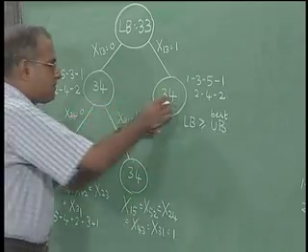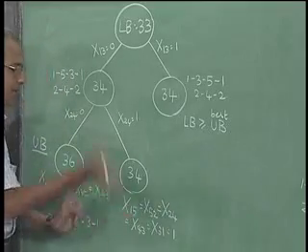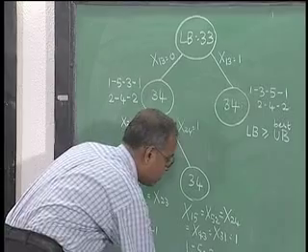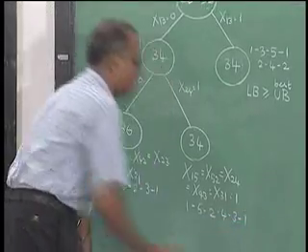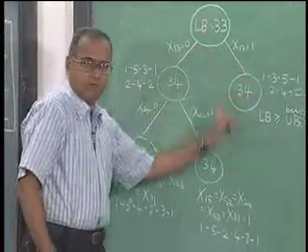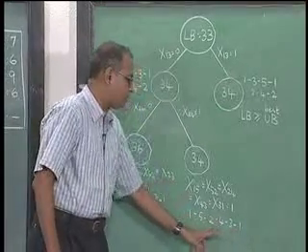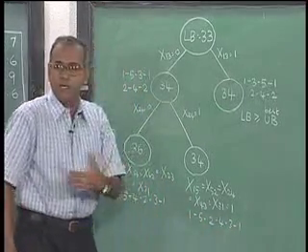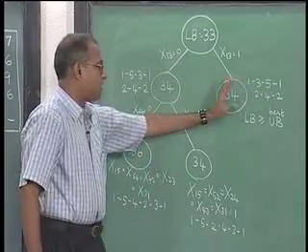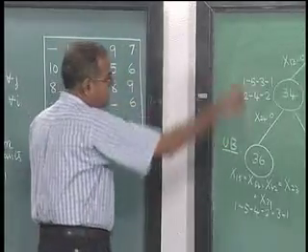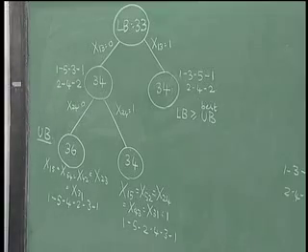If we had branched from this, then we would have got the mirror image of this solution. This solution was 1 5 2 4 3 1, and if we had branched from here, we would have got the mirror image solution, which is 1 3 4 2 5 1, the problem being symmetric with the same value 34 for the objective. So, this is how we use a branch and bound algorithm that uses ideas from the